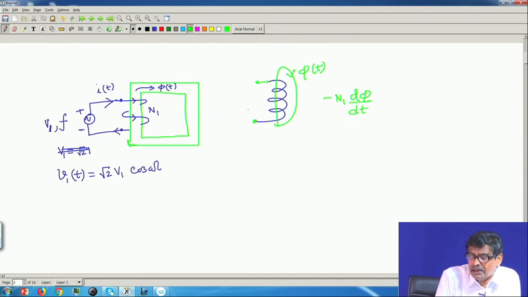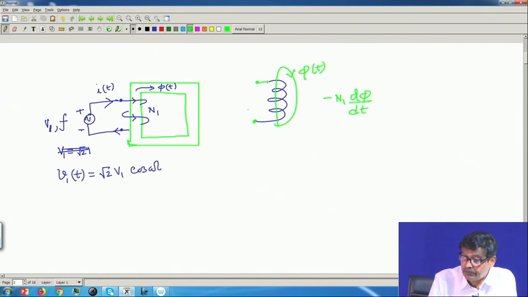Faraday says if there is a rate of change of flux linking a coil, if it is time varying, then between these 2 points it will become a seat of EMF. The negative sign is Lenz's law. It tells that the polarity of this induced voltage will be such that it will try to oppose the very cause for which it is due.